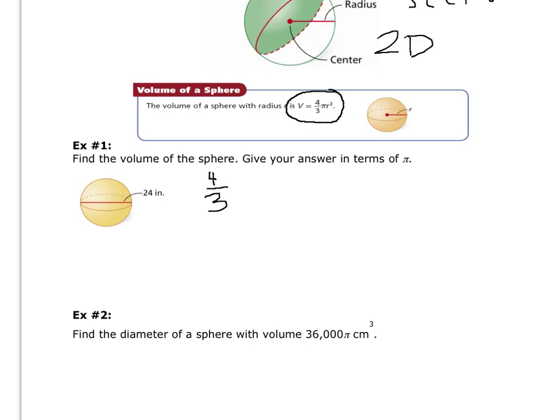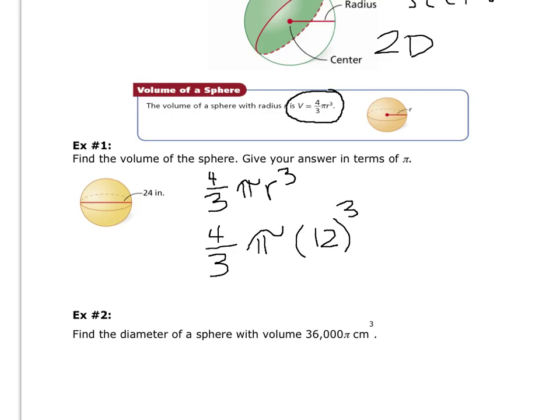So we're going to start by writing out the formula, and then we're going to plug in. So if we have 4/3 pi, now we need r, and we're given 24 as the diameter. So you're going to have to plug in 12. You're going to cube it. And so when you go through the math,